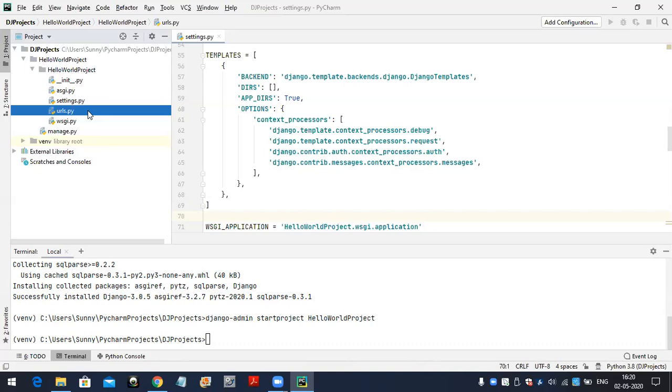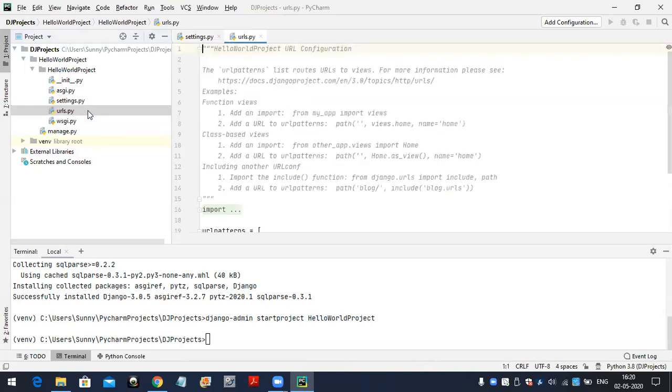Suppose I'm taking function-based views. Assume I'm writing function-based views, and for each function the corresponding URL pattern we have to configure inside the urls.py file. Suppose inside the views.py file I take 10 functions, we need 10 URL patterns. For all view functions, the corresponding URL patterns we have to configure inside the urls.py file. Suppose in the views.py file I am writing 10 view functions.